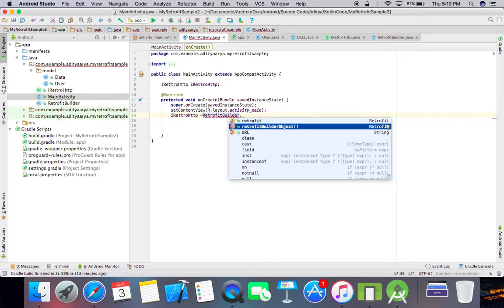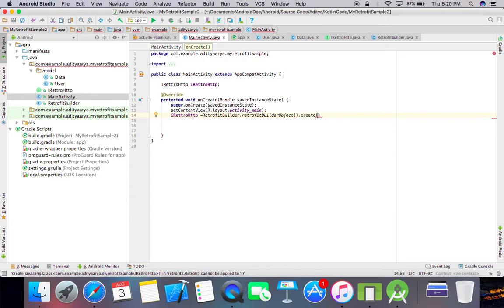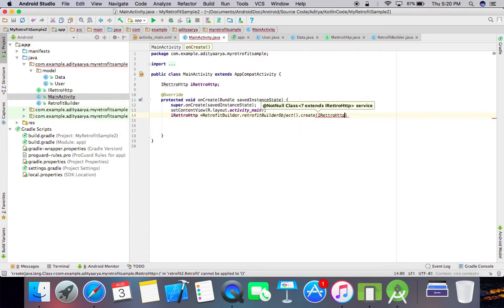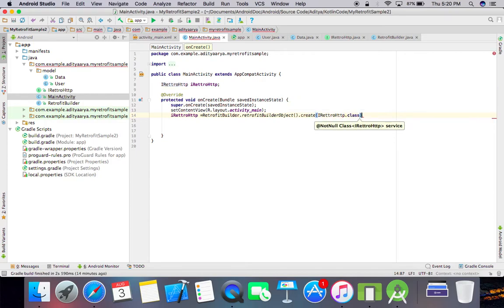So it's retrofit builder object, and create, and you need to pass your interface class here. So I retrofit that class. Okay, so you have got the I retrofit,